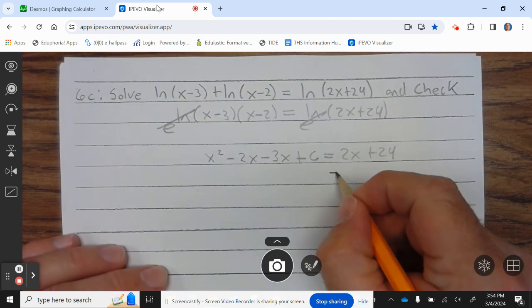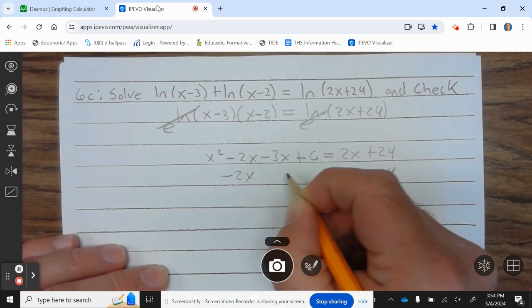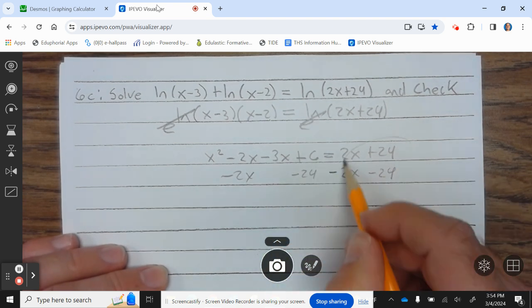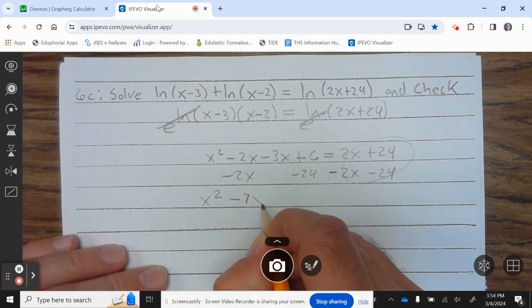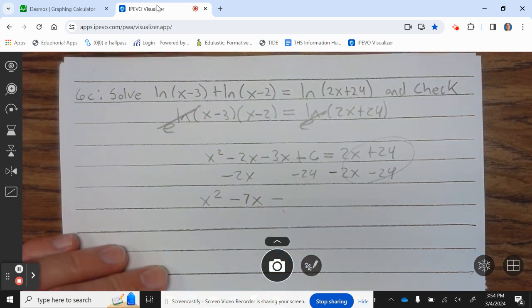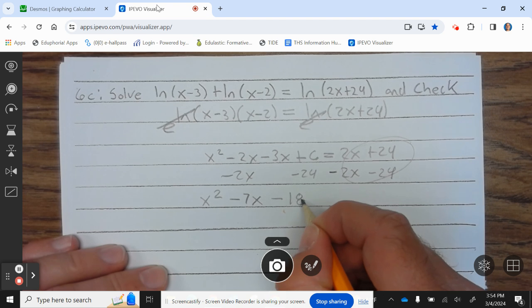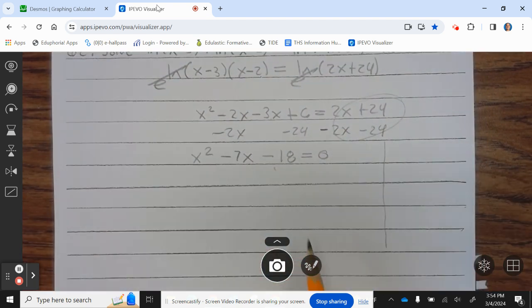All right, let's go ahead and subtract 2x from both sides. Subtract 24 from both sides. Becomes 0. You get x squared, that's minus 5 minus 2 is minus 7x, minus 18 equals 0. So when you figure out what numbers multiply to give you negative 18 combined to be